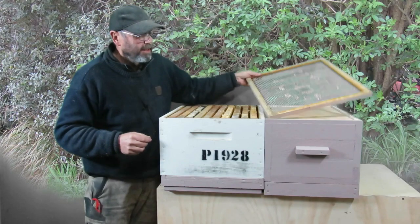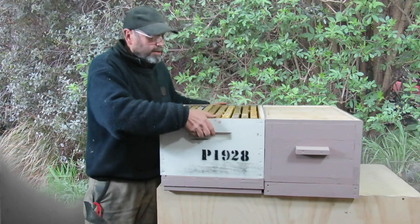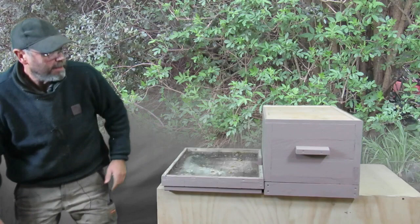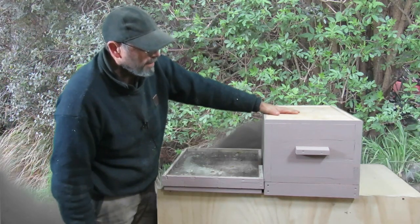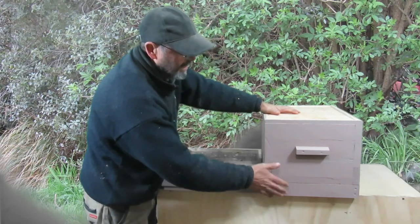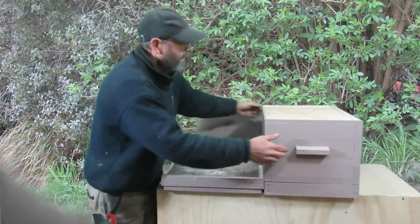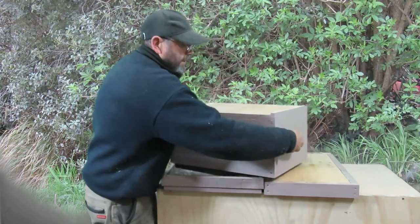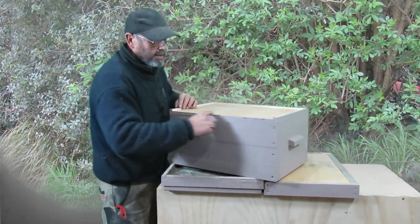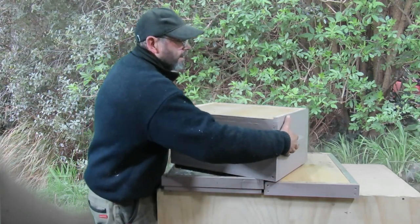Now let me just keep breaking this down to explain what the components are. So this is just a standard deep brood box, nothing unusual about that. This box here is simply a spacer. Now I've made this in two parts, a base and the spacer box. You could easily make this as one component, no problem at all. And it's made out of absolutely rough wood. But all it is is a spacer. It's got a rim on it to give the bees some bee space on three sides. No rim on this side because this is where the bees are coming and going. And the key point to it